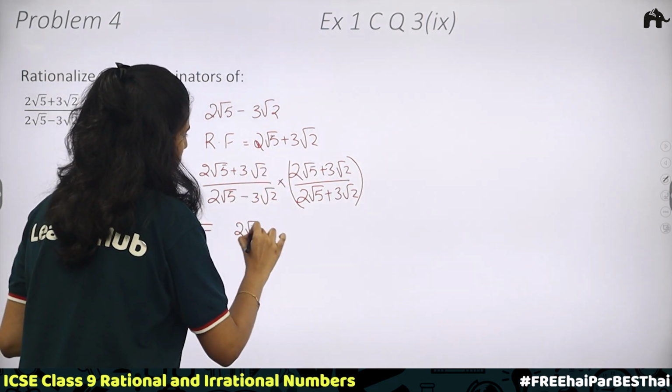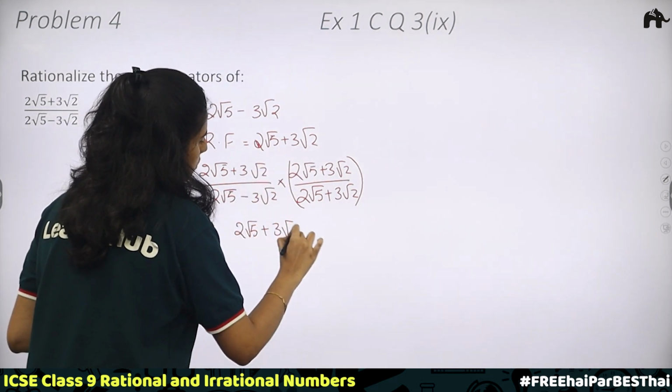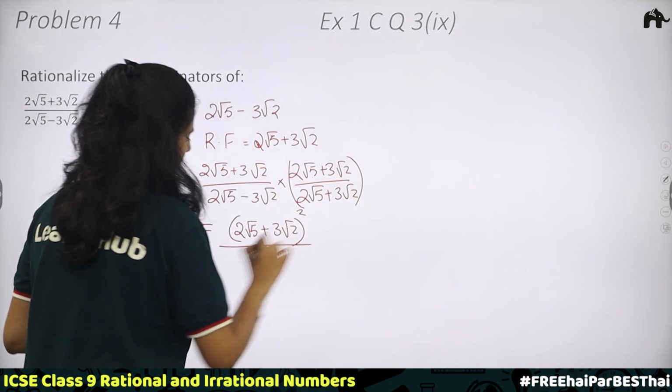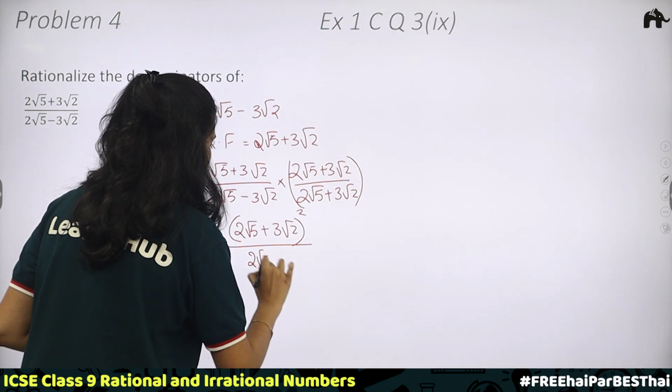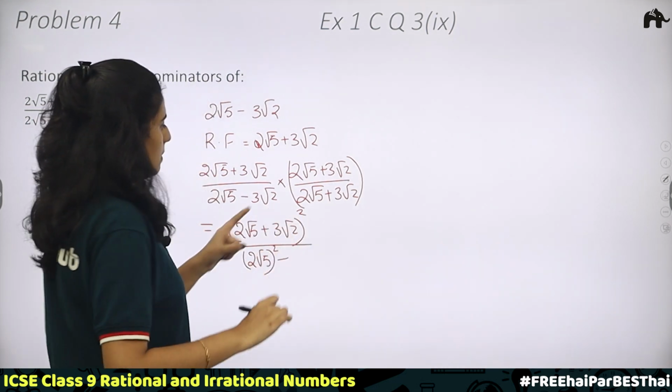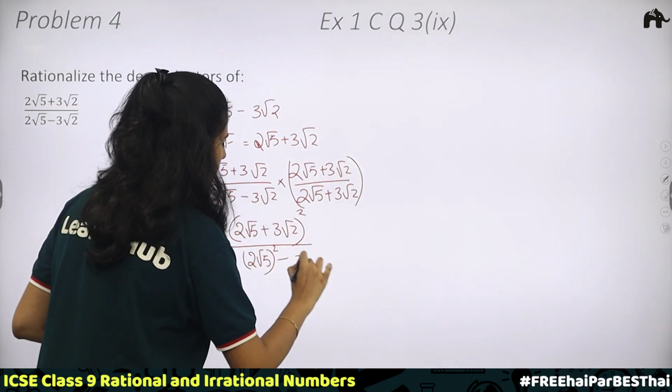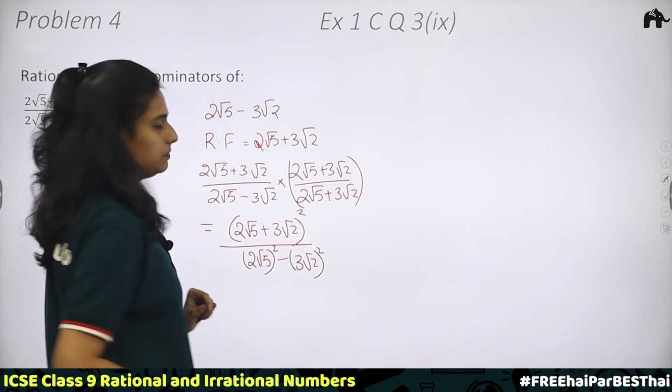Therefore, 2 root 5 plus 3 root 2 whole square divided by a plus b into a minus b, which is 2 root 5 whole square, a square minus b square, 3 root 2 whole square. Okay,